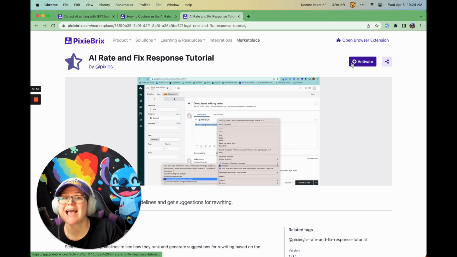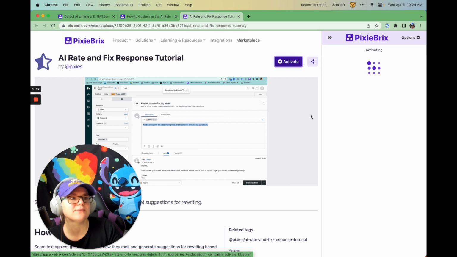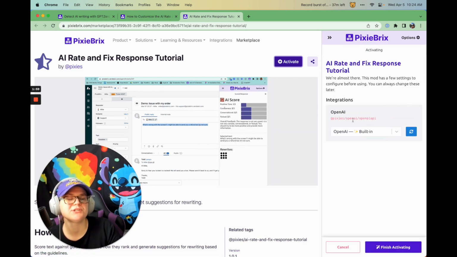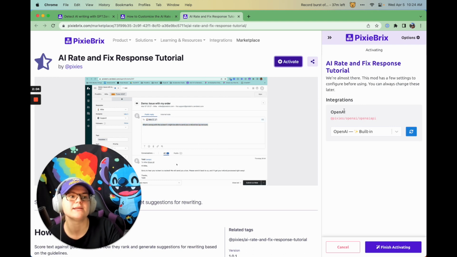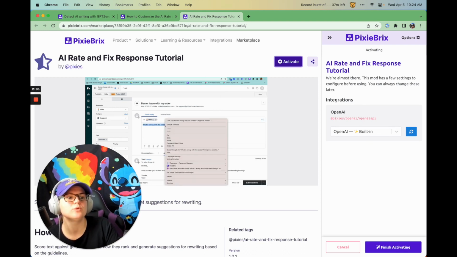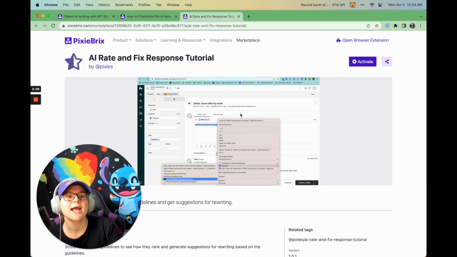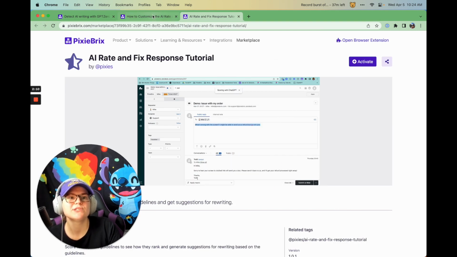So first of all, let's activate the existing one. We're going to click activate. Super easy to do, no need to configure anything. You may need to create a PixieBrix account if you haven't already. It'll walk you through that process, and then you will just simply click finish activating, and you're good to go. And so once this is available,